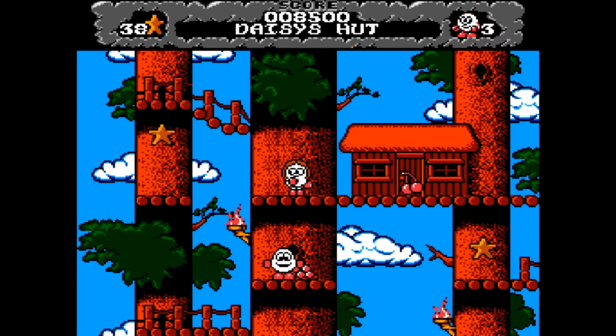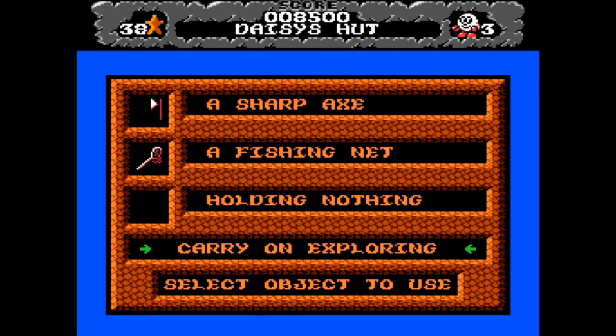Now, as always in these reviews of the Evercade games, I will take a look through each of the games in detail to work out if you should actually add this to your collection. The first game we'll look at is Dizzy the Adventurer, which is by far my favourite game in the Dizzy